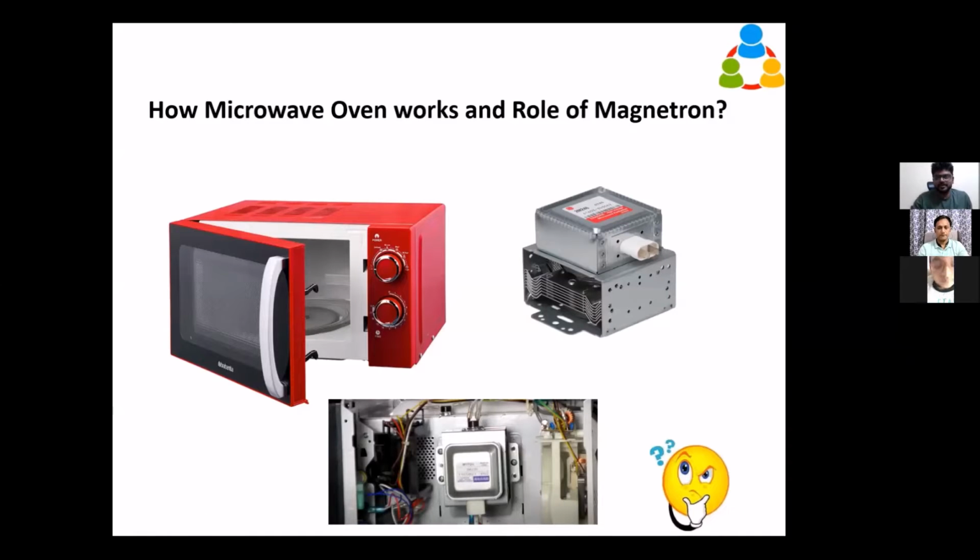Good evening, everyone. Today we are going to understand the physics behind the magnetron and its role in the microwave oven, and it's also extensively used in radars and defense systems. Since the microwave oven is closer to you and you observe it in day-to-day use, we will talk about how a microwave oven works, what the role of the magnetron is, and what the physics behind